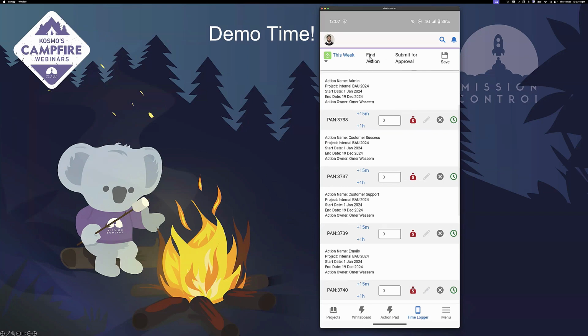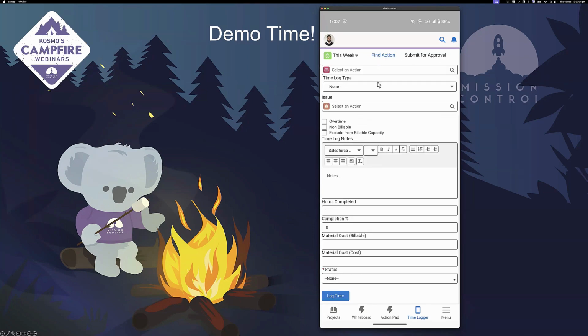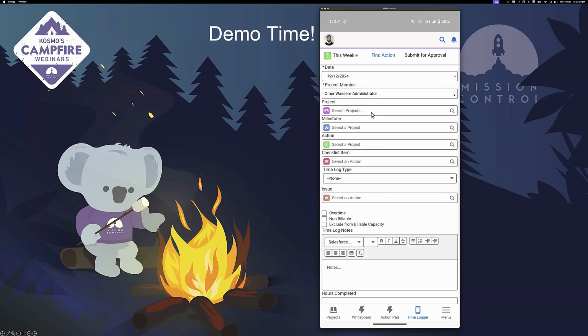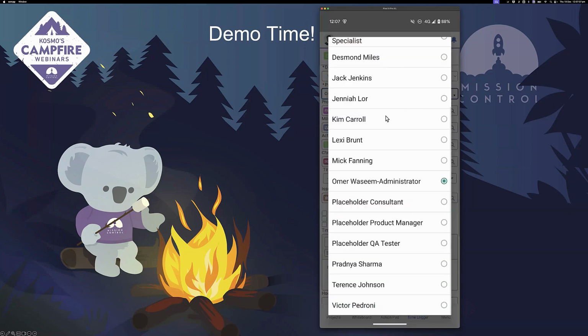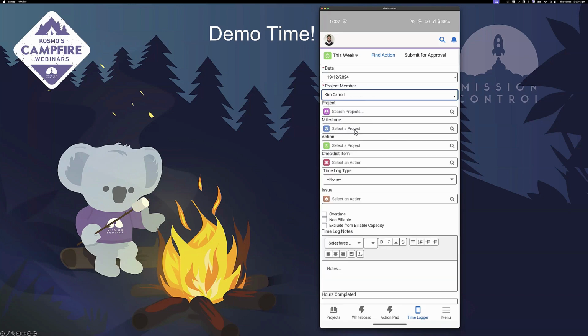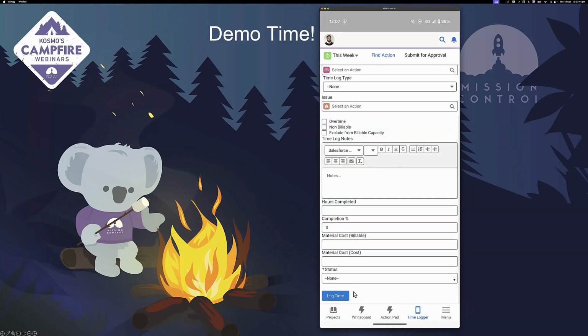If I go back up. So the next page is the find action, and the find action works very similar to the log time component that we saw earlier from the project overview page. So you'll be able to see all of your options here in terms of selecting a time. So it works similarly to that. You select a project, the milestone, the action, the person you want to log time for, and then you either put your hours in, or if you've selected an action,